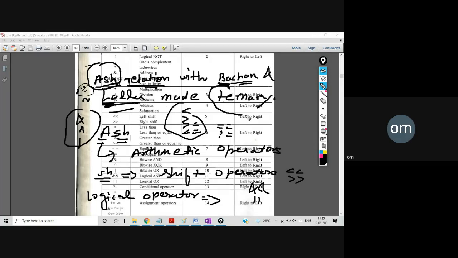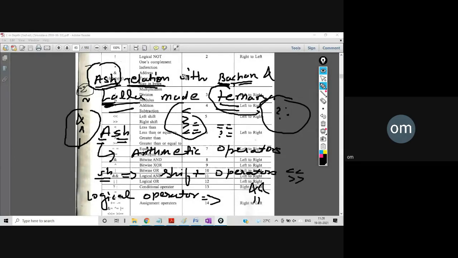So the last one, that is the 13th one, because 14th and 15th we covered with the first statement. So last is the 13th one, that is a ternary operator. And ternary we know is question mark and colon. Okay, this operator, ternary. So what you have to remember is: Ash relation with Bachchan and Lallu made ternary. Just for the sake of simplicity, for remembering all the operators, I made the second statement, and the first statement: start with round bracket, make it square, arrow, dot, use it as unary assignment, and separate it by comma.